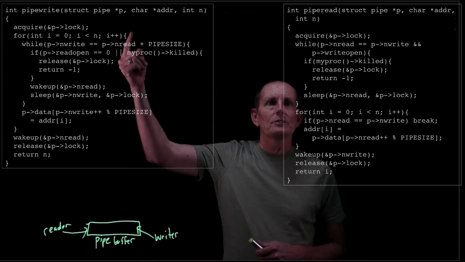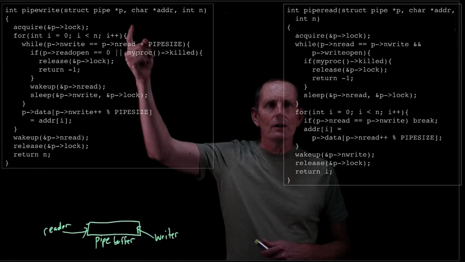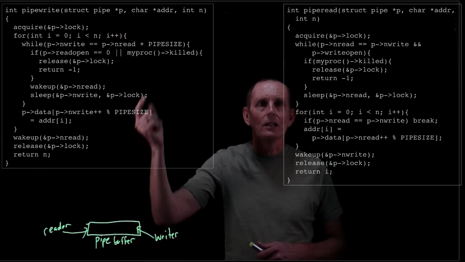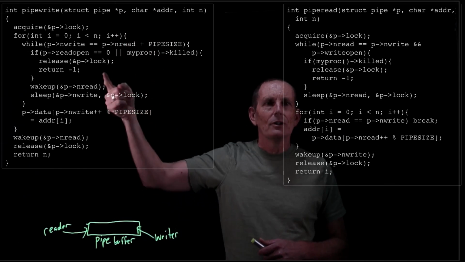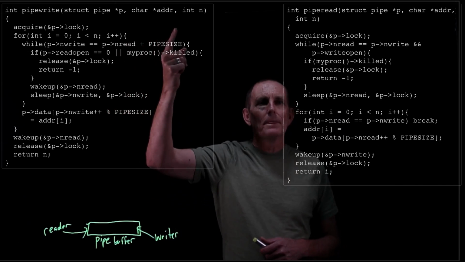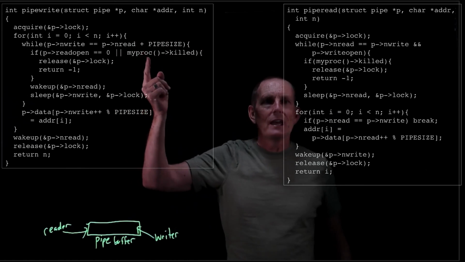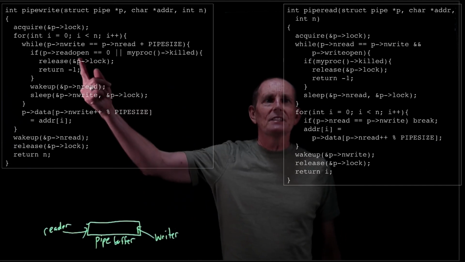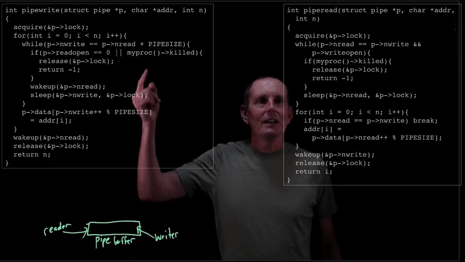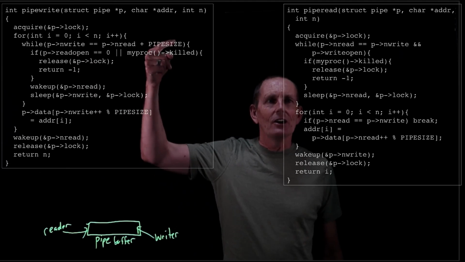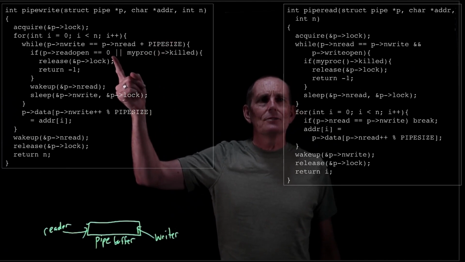So what's the writer going to be doing? The writer is going to go ahead and acquire a lock on the pipe, right? So the pipe, we're going to have a lock associated with it. It's going to acquire the lock, and then it can just go through the number of characters that are supposed to be written. And for each one, nwrite tells us where we are in the buffer, and nread tells where the reader is in the buffer. And so basically, if they are on top of each other, then we go ahead and see,